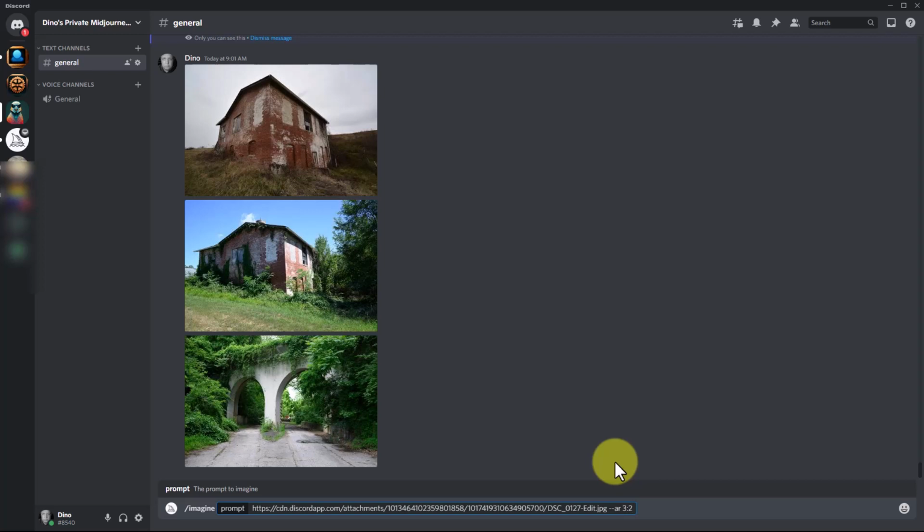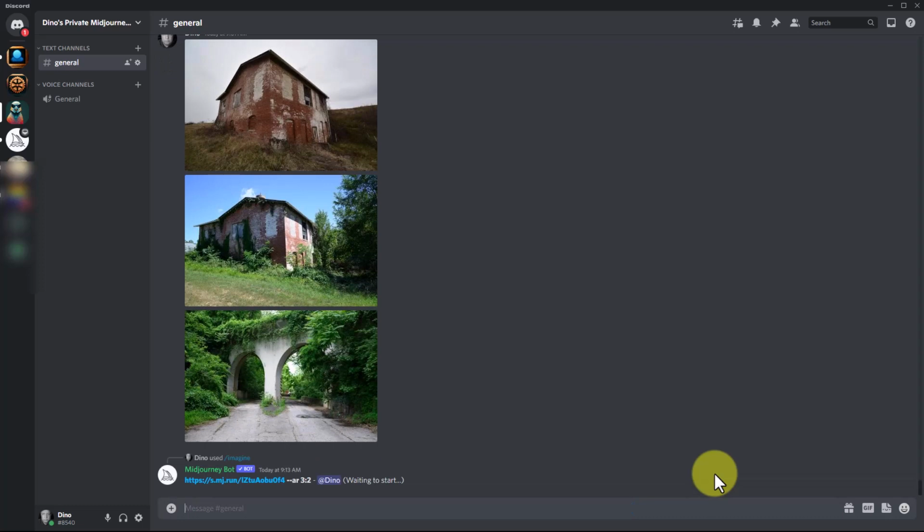That's the kind of standard image format for photos. And so it should be the same image format. And I'm going to see just with this what happens. So if we hit enter,